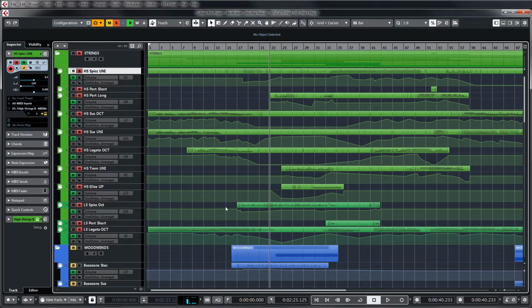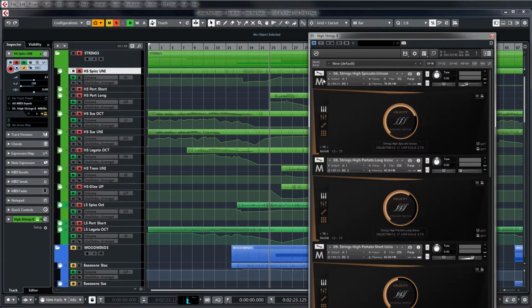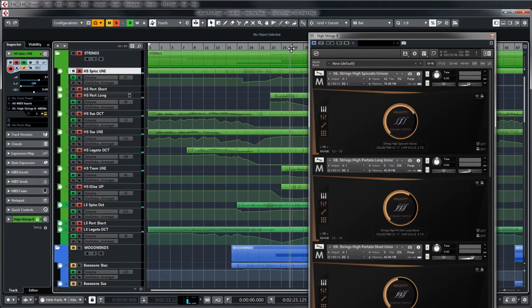So basically we've got longs. The long and short of it is we've got longs and shorts. And also, as you can see, these are spiccato unison. These have a really nice full sound. These spiccato unisons,